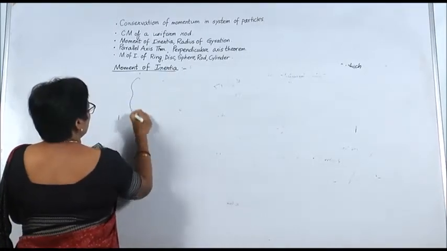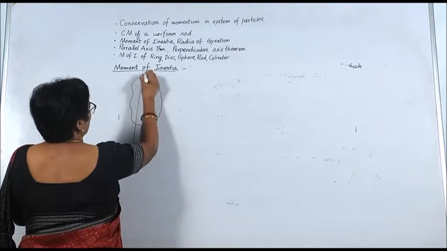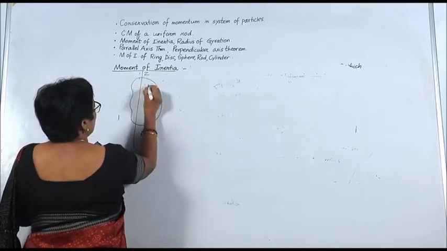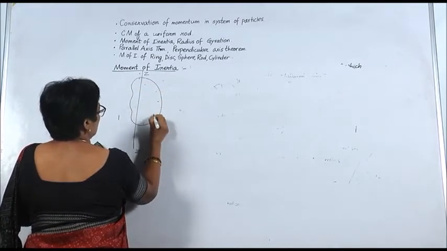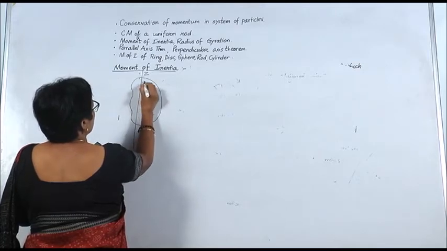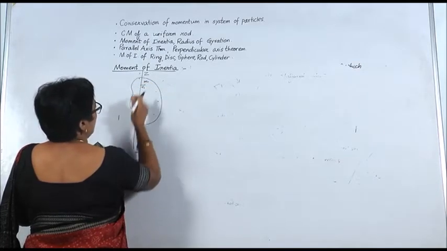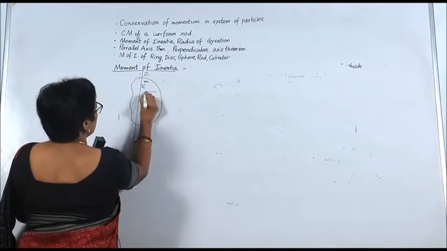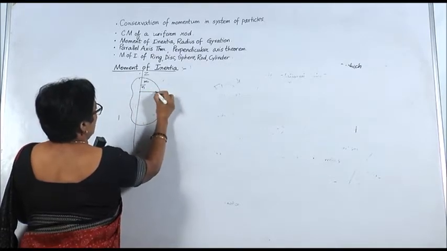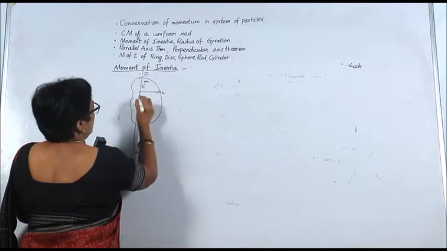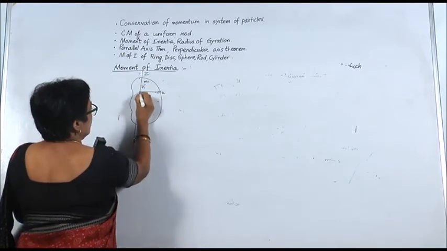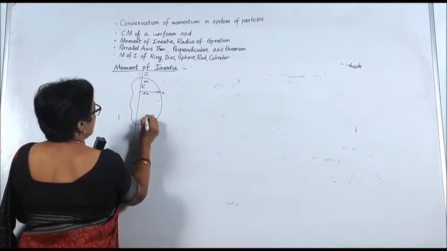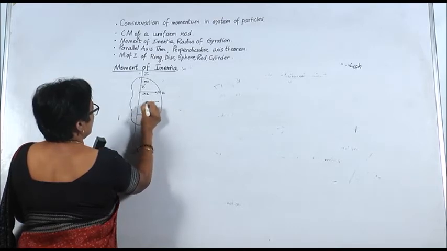So, with the help of this, we will write the formula for the moment of inertia of a rigid body. Let us say this is my rigid body and this is the axis of rotation. Let me take it as z dash. I will consider that the rigid body consists of several masses, and let us say this is m1, which is at a distance of r1 from the axis of rotation. This distance is the perpendicular distance. So, this m2 will move in a circle around this axis of rotation, the center is here. So, this distance is r2 and so on. If this is my nth mass and it is at a distance of rn, and m3 is at a distance of r3,